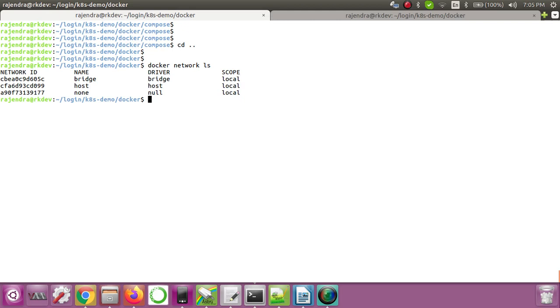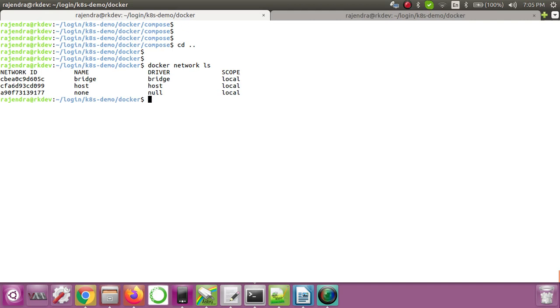So what is this none network? None network is nothing but you are not providing any interface or any network to that container. That means your application will be running inside the container, but will not be accessible outside the container, because we are not giving any interface to that container.